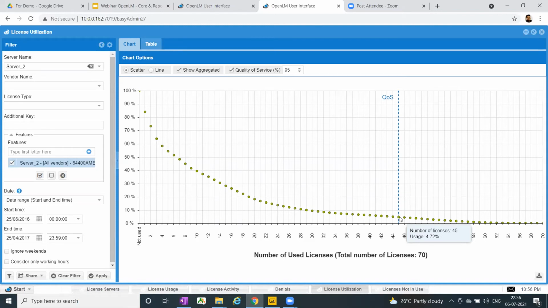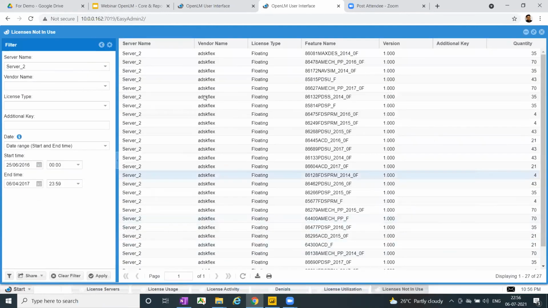Now, another very important report in this category is licenses not in use. This is an important report which you can refer to when you are going for AMC renewal or subscription renewal. At that time you simply open Easy Admin, the user interface of OpenLM, go to the license not in use report, select the server for which you want the information, and select a date range for which you want to see the data.